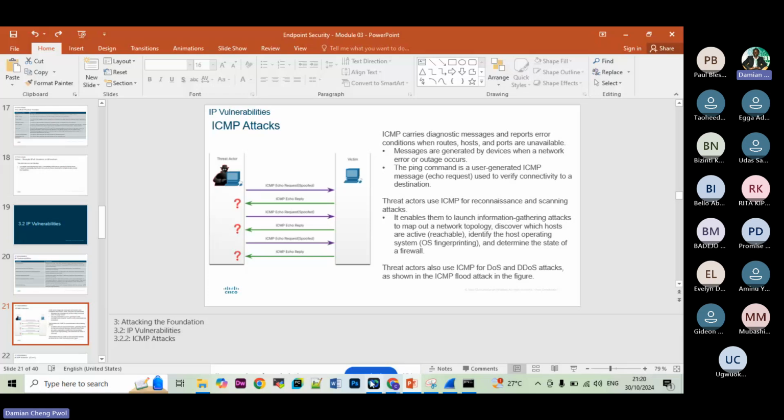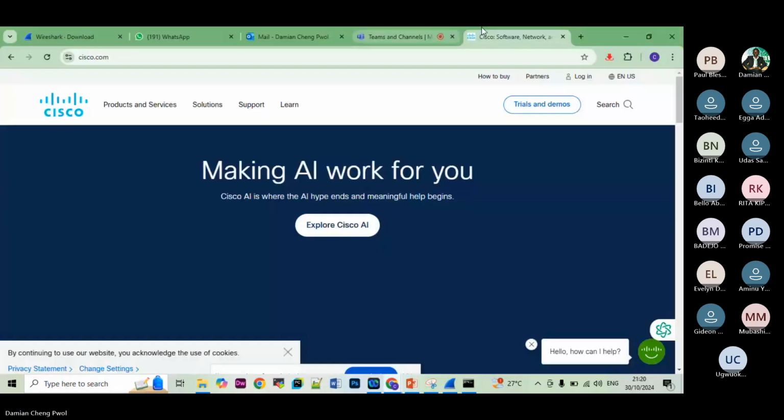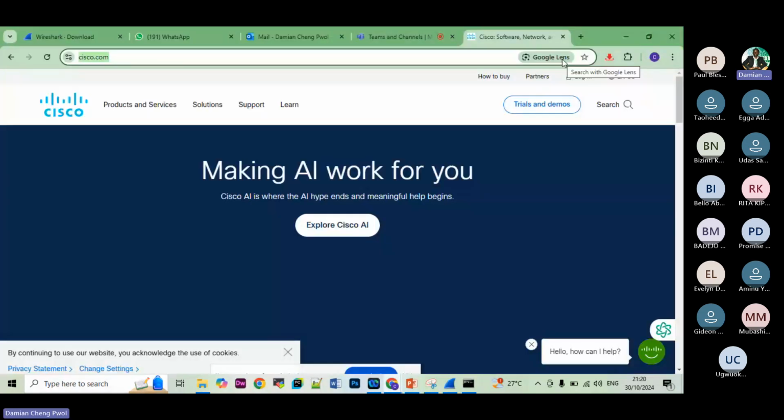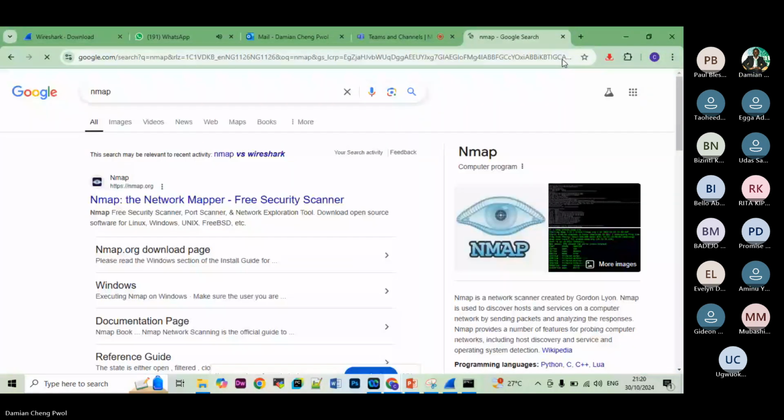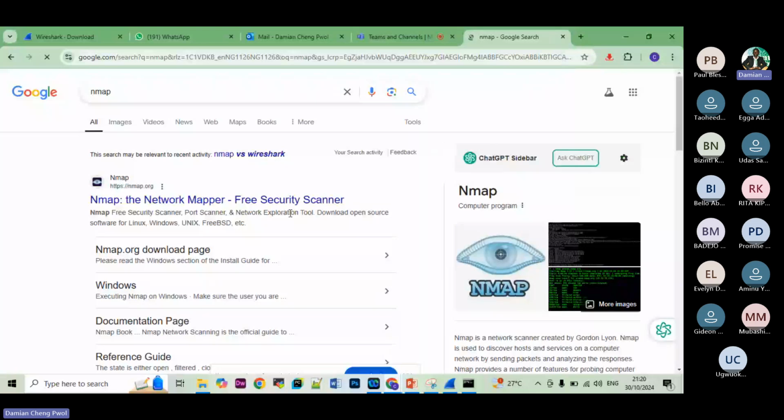You can locate this software. It's called Nmap. Nmap is for port scanning. It's another scanner to scan a port. We'll talk about port scanning. Then for other reconnaissance, you can use